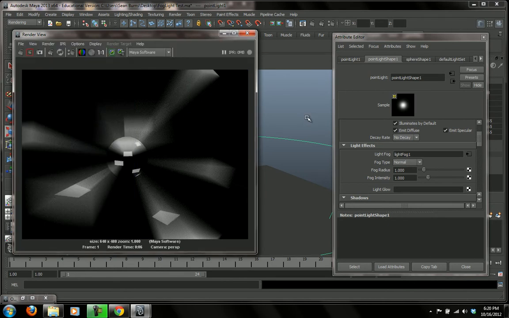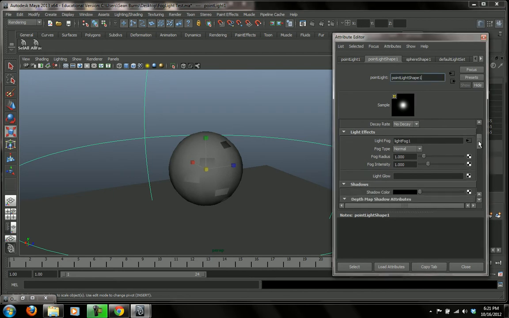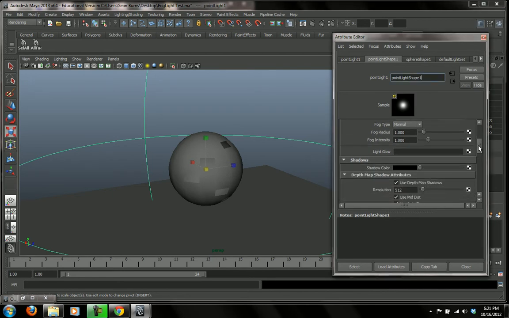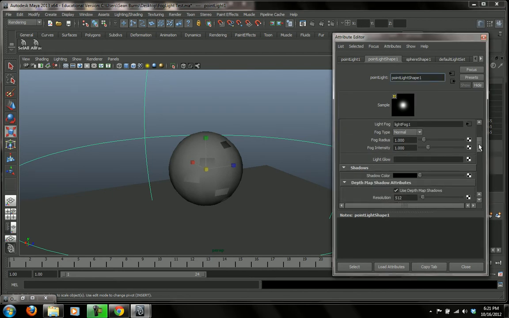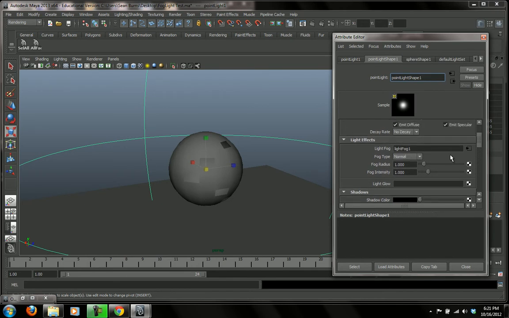And you can see that the light is casting some volumetric light. It's giving it a fog that's coming out of these windows there. You've also got a few other settings here that you can play with. You can play with the fog type